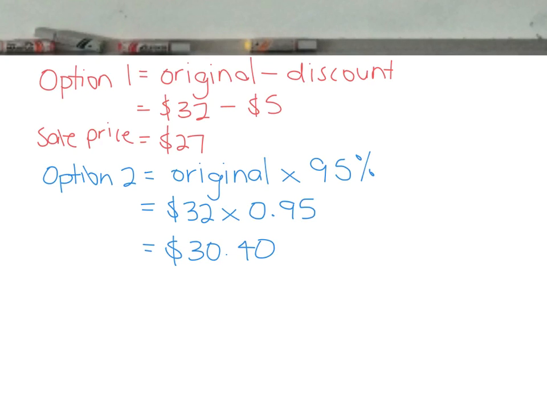Since we are being asked to justify our response, we need to now set up a correct sentence that links back to the maths that we've just calculated. So we can very clearly see that option 1 is the cheaper option. And so we will start our answer ensuring that we use correct punctuation by stating that option 1 is therefore the cheaper option